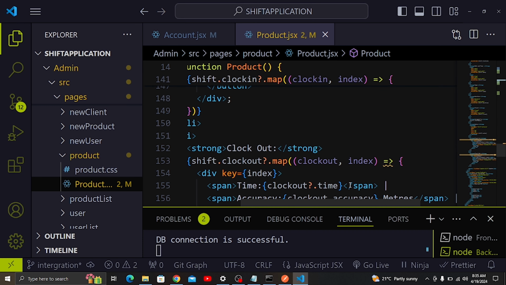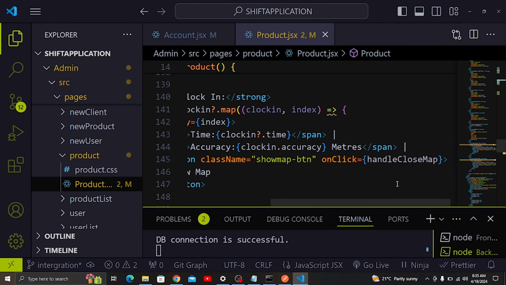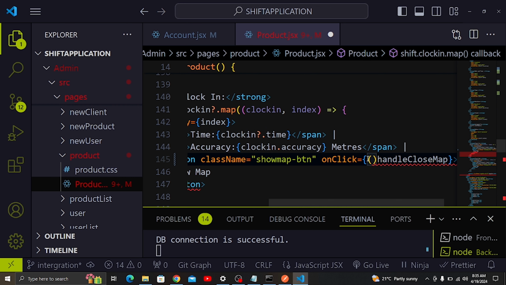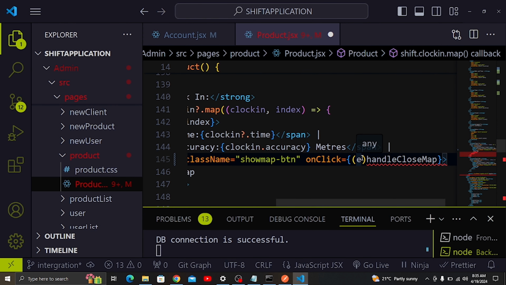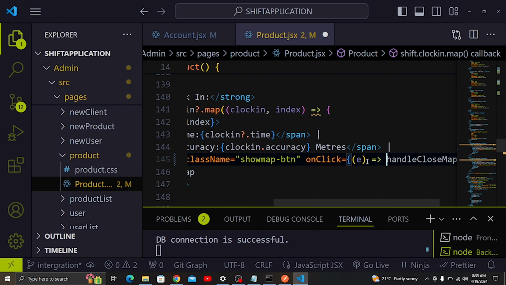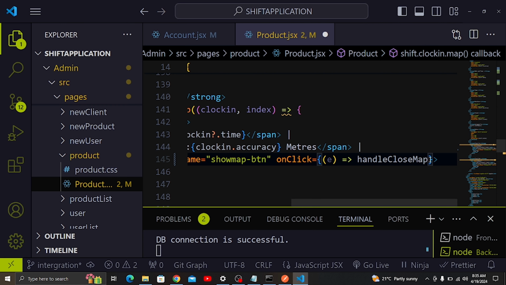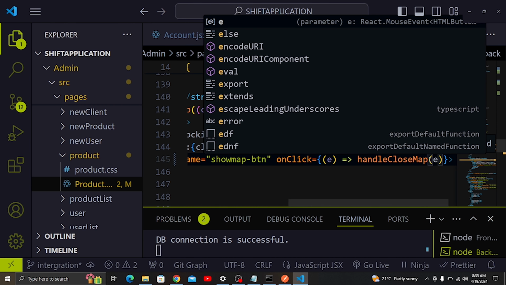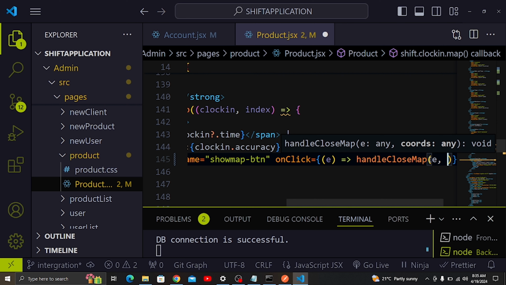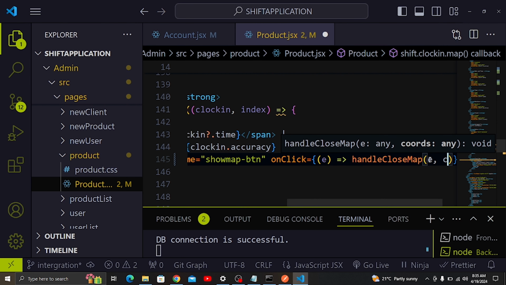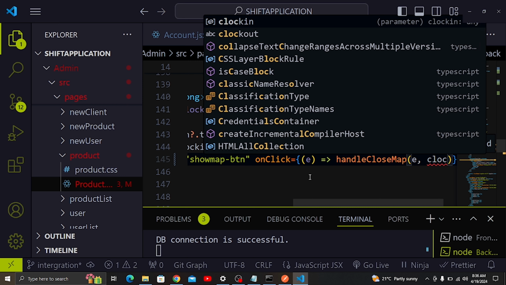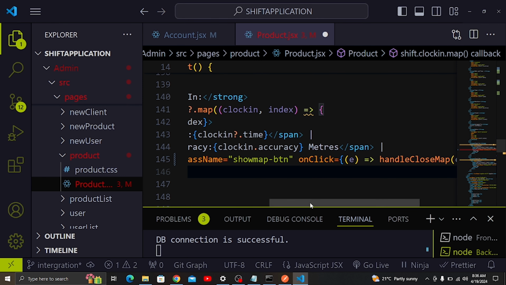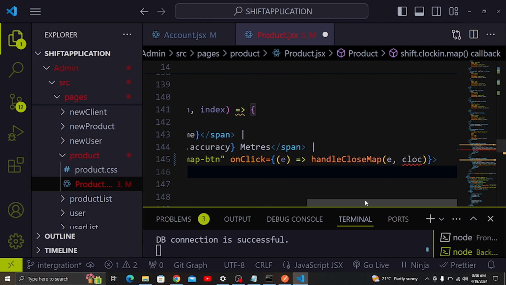So let me show you something now. Here I'm going to accept event. So let me accept event here like that. So that is event, and then here I'm going to also make sure that I accept now the event plus the coordinates. So I'm going to do event, and then I'm going to accept coordinates, which will be clock in now. Let me see, when we are looping we are using clock in here. So I'm going to do clock in